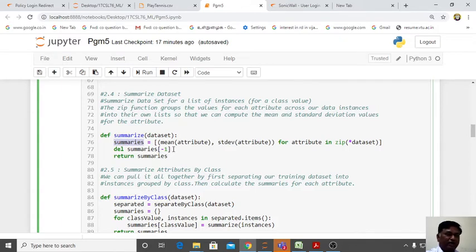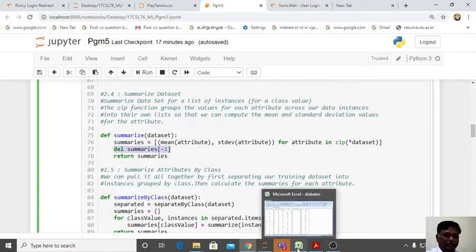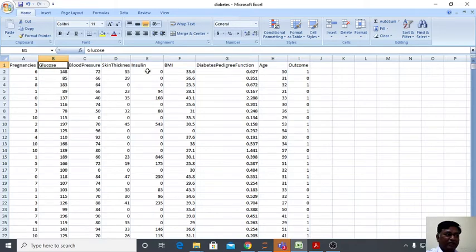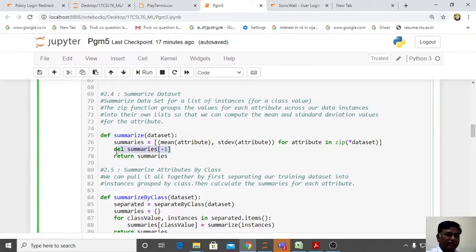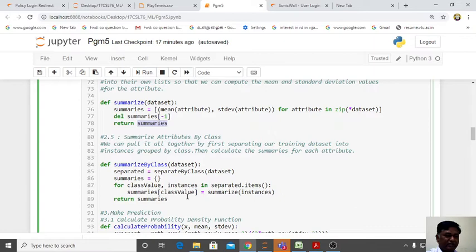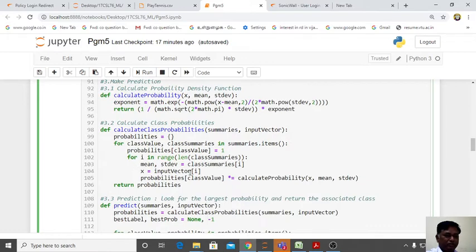You can notice that all the instances will have one target also at the end, right? So we don't want that target value. Now I will show you the data. You summarize all these 8 attributes. Only 8 is sufficient, but the summary will summarize this also. But we don't want this target, right? So leaving that target, we have to take the remaining. So del of summaries of -1 deletes your target attribute, the final attribute. It returns summaries. Summaries is coming here. Summaries is going to summarize, and summarize is coming here. So we have the 1 and 0 summary. That is returning here. So summarize by class will go.